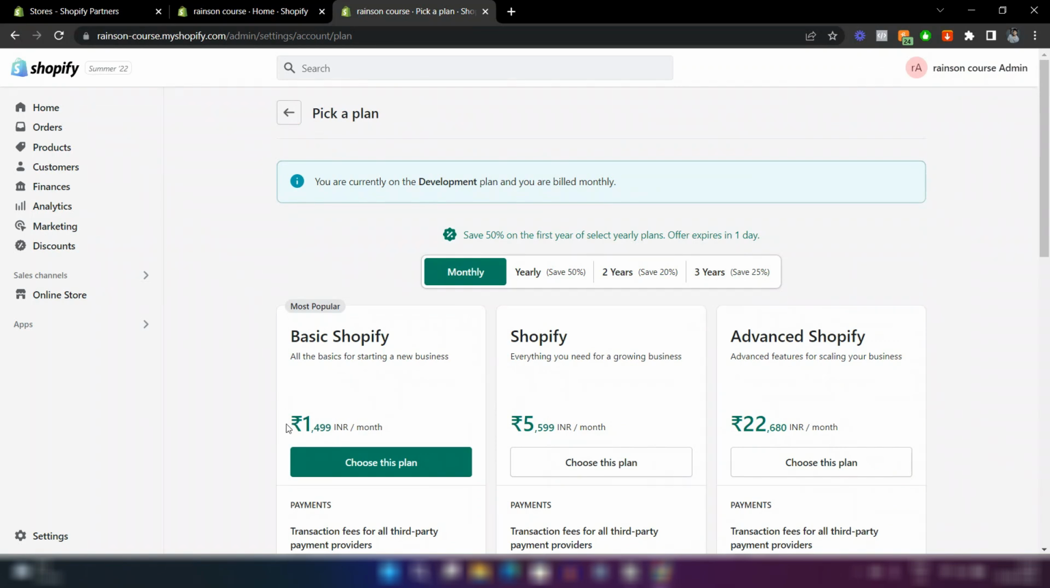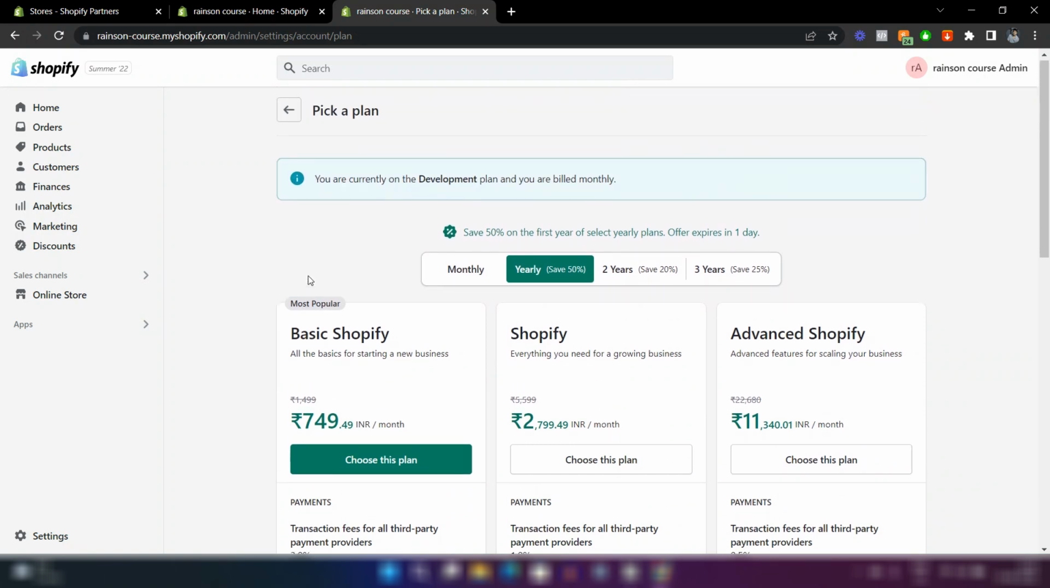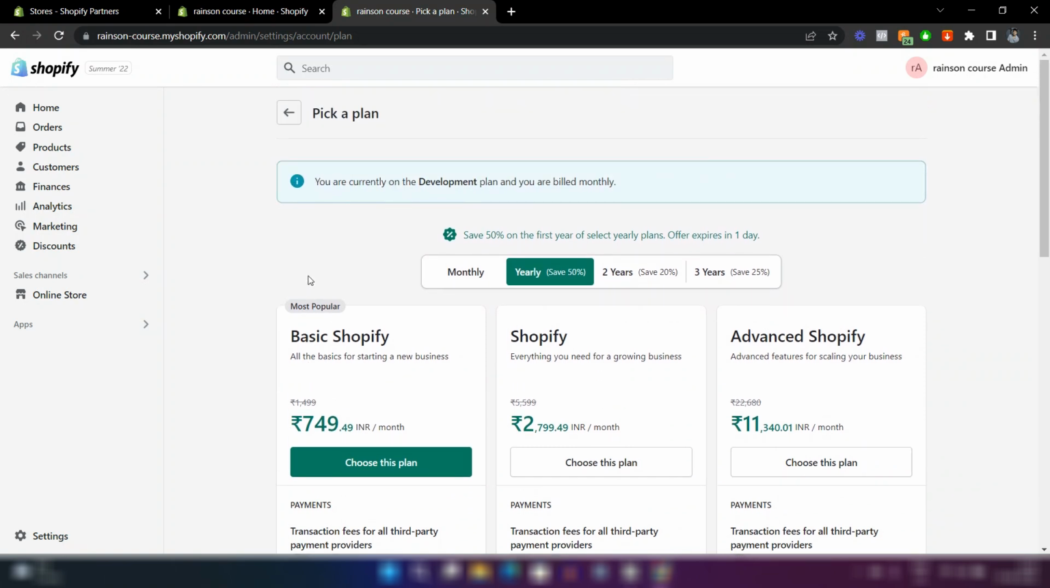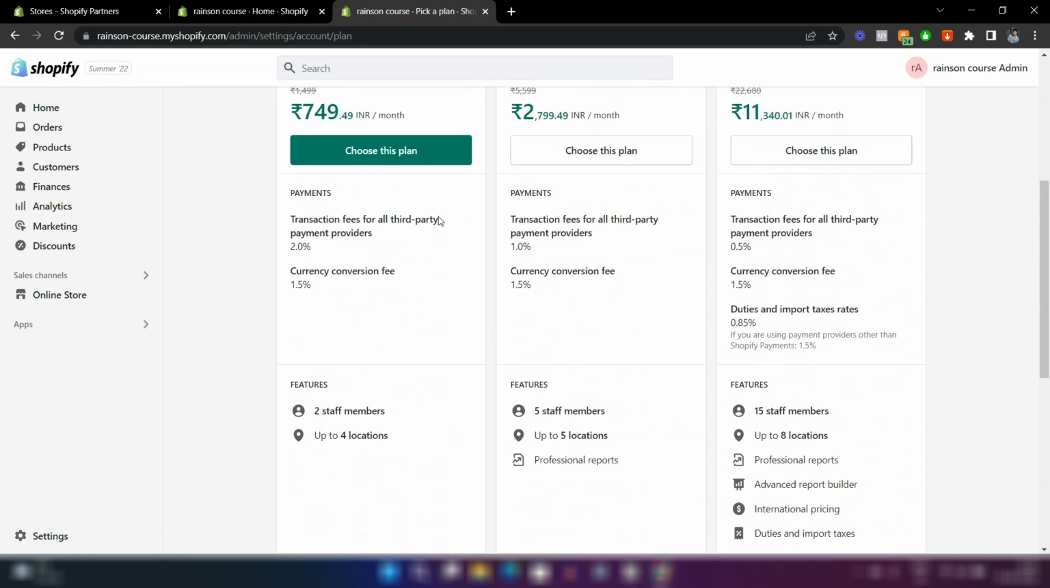This is my currency. If you don't understand what this is, the monthly plan comes at around $29, and yearly if you do it you can save around 50%, so you will get it for around $14 a month if you do it yearly, and it depends on the country you live in, and you can see all the differences